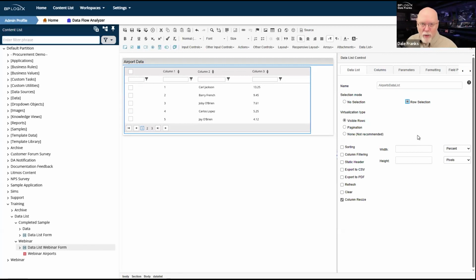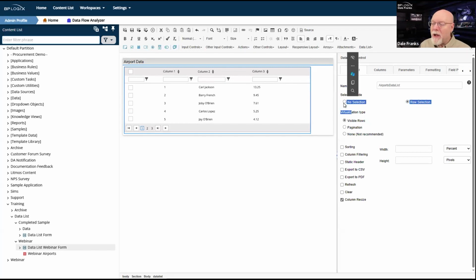If I select a row on the set form data, obviously I have to connect a particular column to a particular field. So if I only wanted to pull one cell out of a data list, I certainly could do that. That would just happen to be the only column that I used in a set form data action. So the row selection also encompasses cell selection as well.